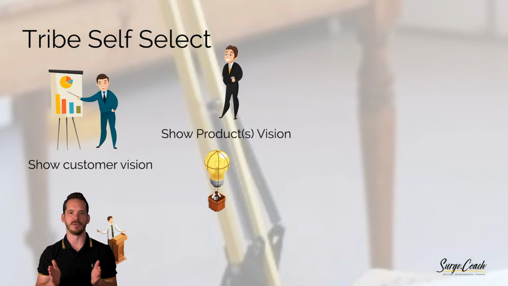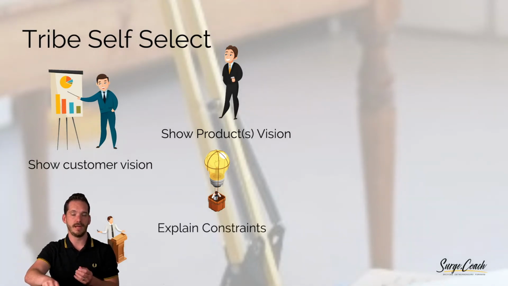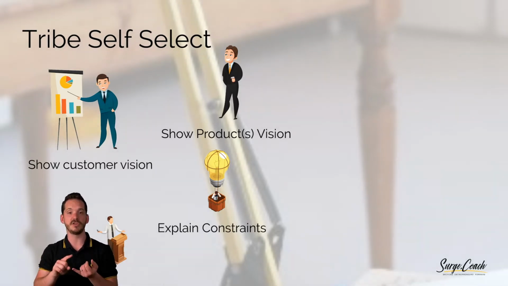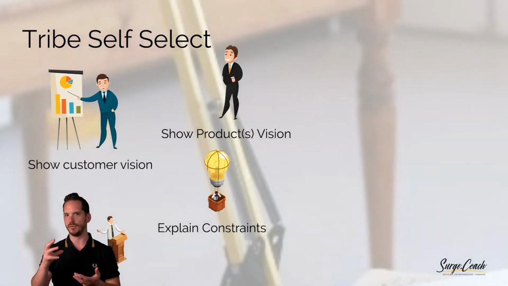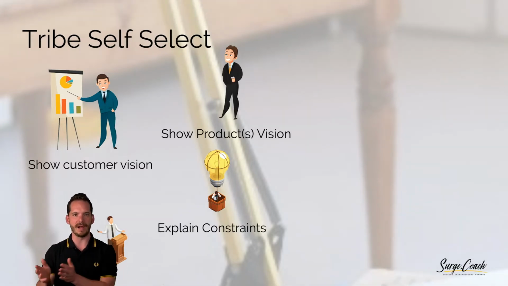They're showing the product vision. You've got the customer vision, the product vision. Customer journey, product journey. Two separate things. They're going to explain the constraints. But it's not a free-for-all. There are some constraints. You need certain skills. You need a certain amount of people, minimum and maximum. You'll need to have no dependencies. You want this person maybe. I don't know, it's up to you. More constraints means less trust. Fewer constraints means more ambiguity.